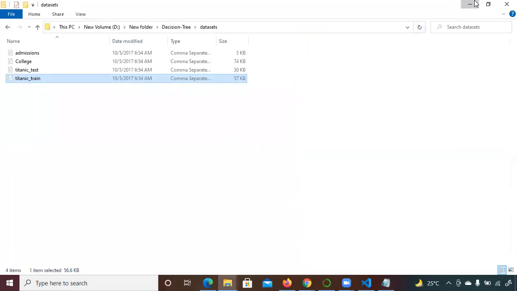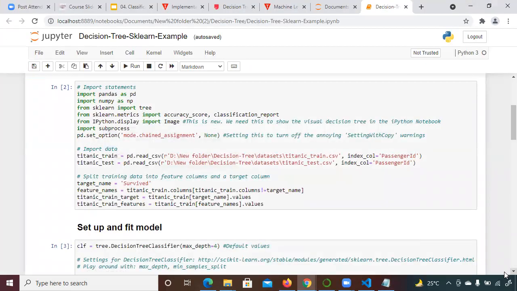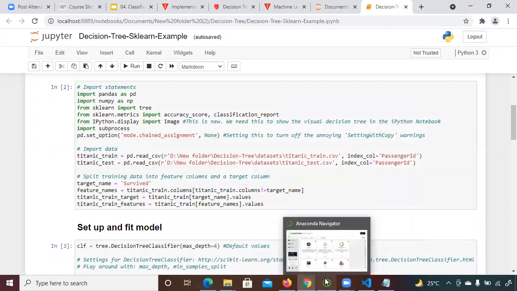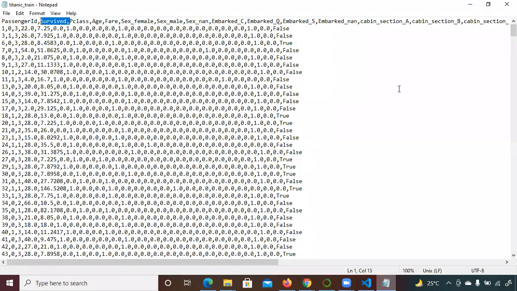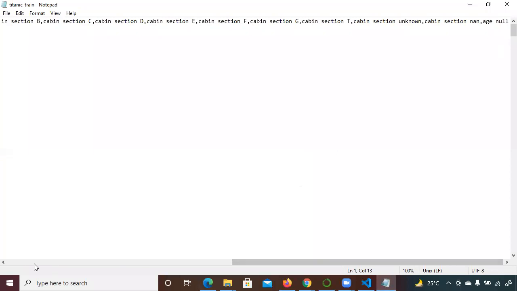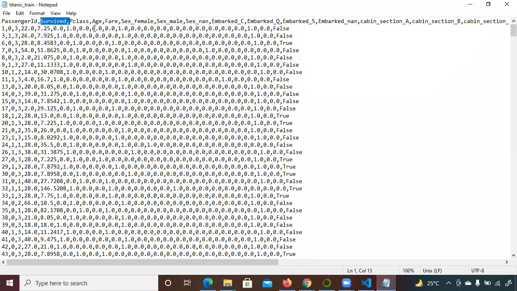So, yes, the last one is false, true, false, true. That is showing whether the age column is having values or not. Age null, if you see here, means whether the age column is having values or not. So passenger ID, survive, P class, age. So it is the fourth value, right?